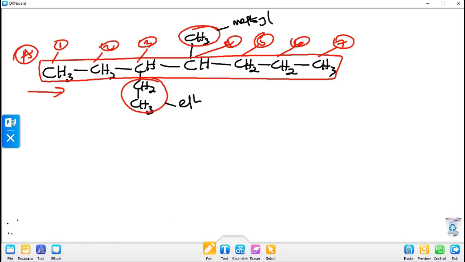So this is ethyl, while the side chain above is methyl. So it means that ethyl is attached to carbon 3, while methyl falls under carbon 4. If we are to name this compound, the rule says that they must be arranged alphabetically. E comes before M in the English alphabet, so the name of that compound is going to be